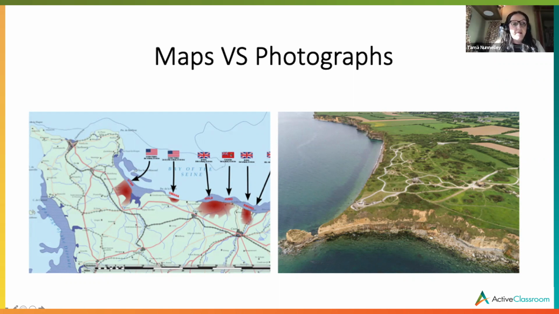And if we look at the map on the left, this is the invasion of France on D-Day. And so we would have had that conversation about what the flags mean. And then they can actually see the location where the invasion occurred. And they have to make some hypotheses about the difficulty, about why this location was chosen before I ever show them the photograph. And to me, that is comparing and contrasting, even though it maybe isn't with two different maps,